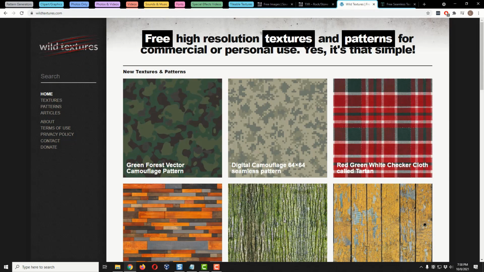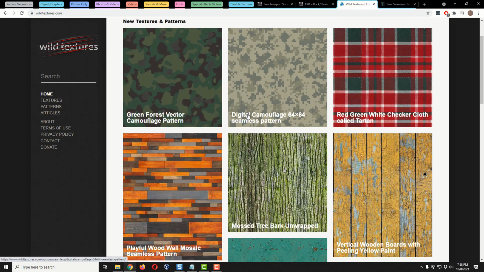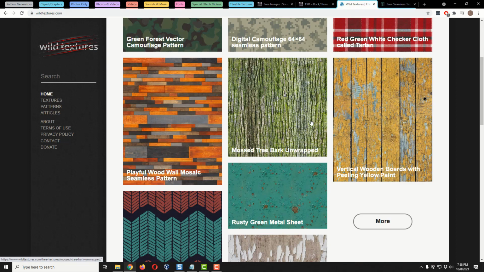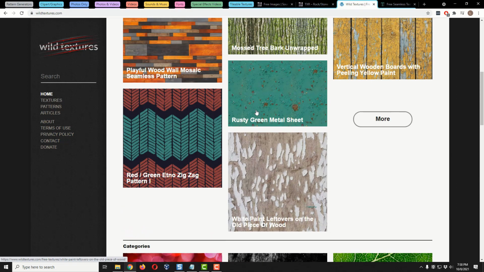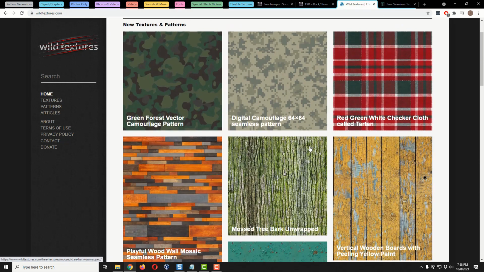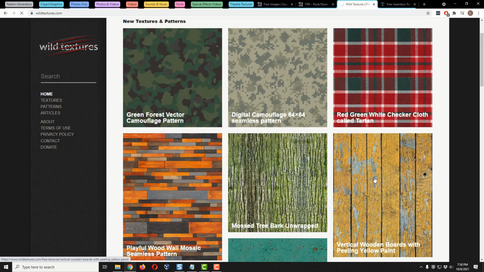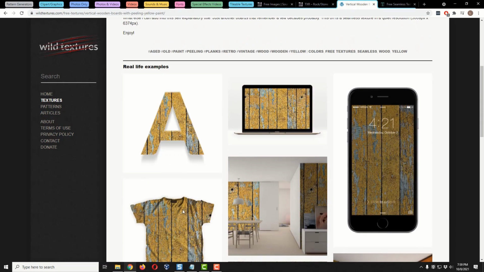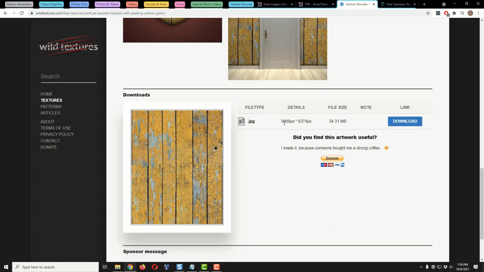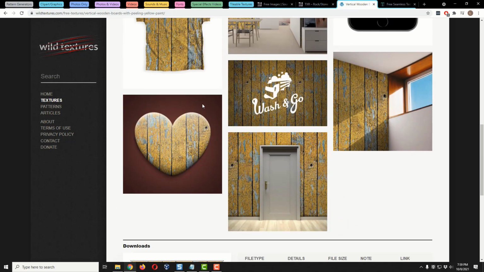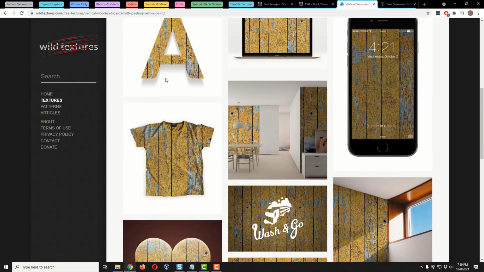Now let's go ahead and go to my next Tileable Textures website, and that is wildtextures.com. I really love this site because it has these really large pictures, and you kind of scroll up and down here and find the different patterns that you like. When you want leather, you want fabric, you want metal, they have almost a little bit of everything. And you can come over here with the wood textures here. They even show it used in many different ways, which is kind of cool, maybe to give you some ideas. Typically everything is really in high resolution, and it's all free to download. And so this is a really good website,